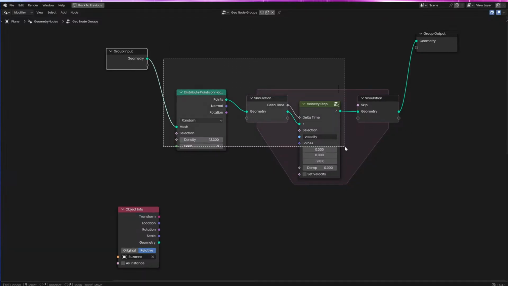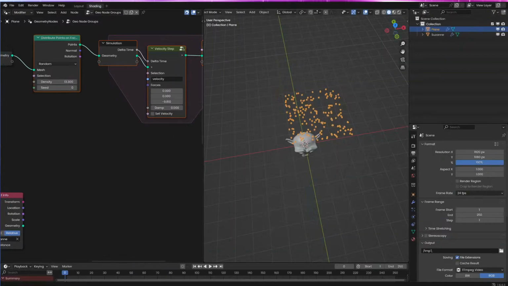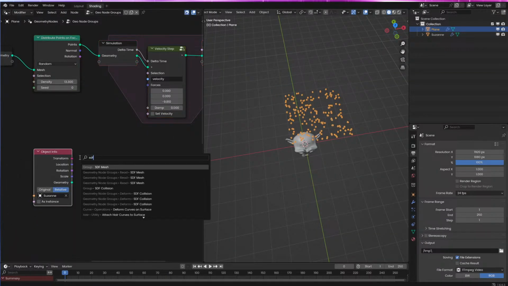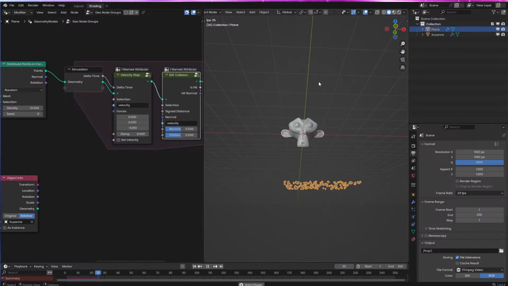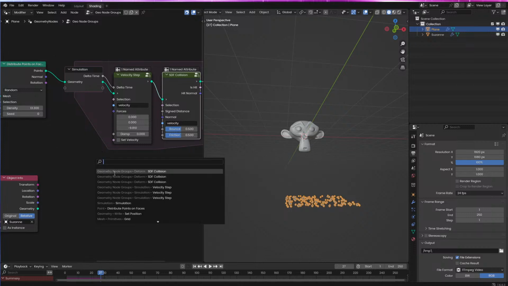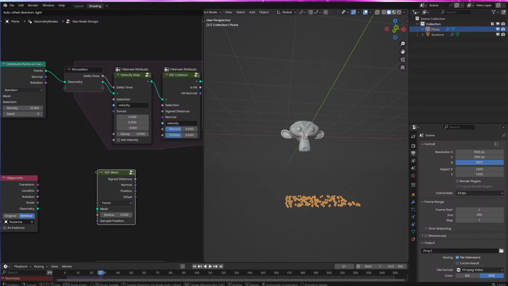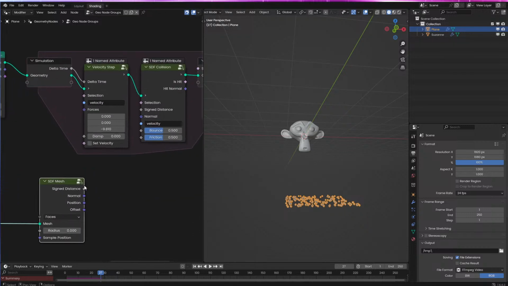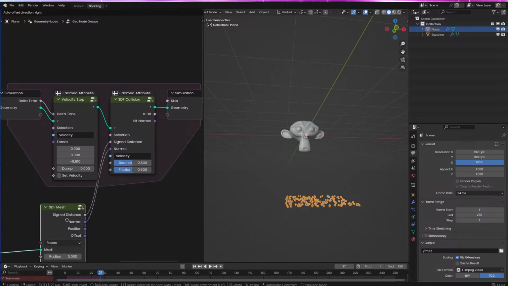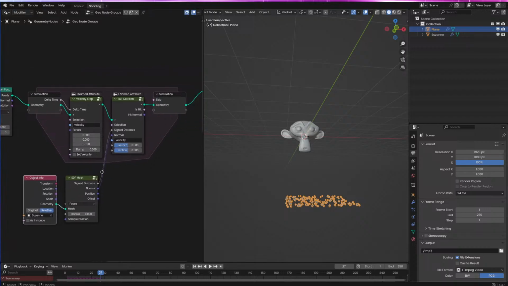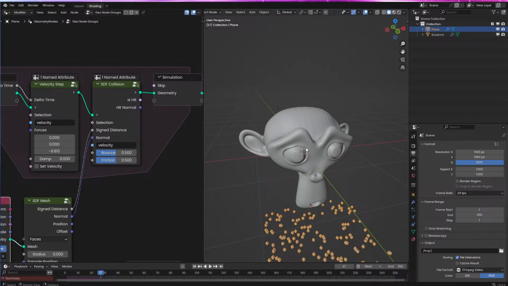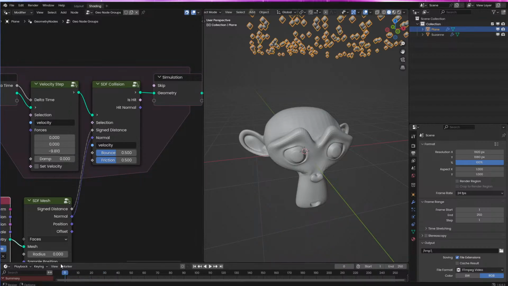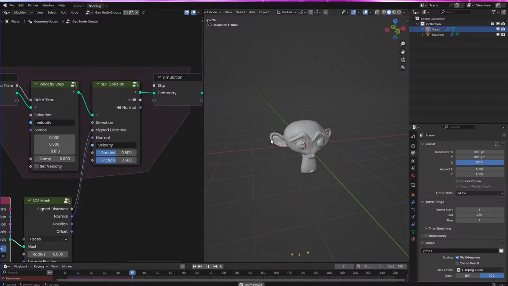But you may be wondering, wait, it's not colliding with the object. How do we make it collide? Well, that's where the SDF collision node group comes into play. Let's connect this right here, and we can see that nothing happens. That's because we need the SDF. So let's get the SDF Mesh node, plug this into here, and plug in the signed distance and the normal into here, because for collisions, you just need a signed distance and the normal to check if you're inside the mesh, how far inside the mesh, and the normal to know which direction to go to get outside of the mesh. So when we play this, the particles bounce off